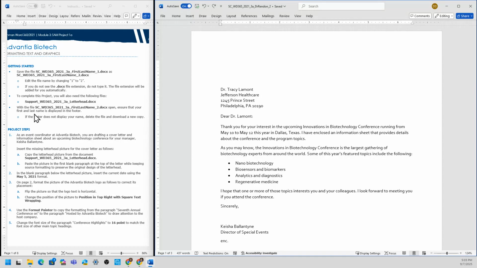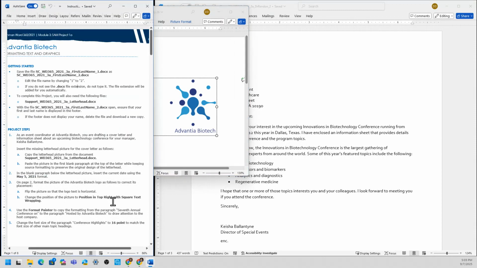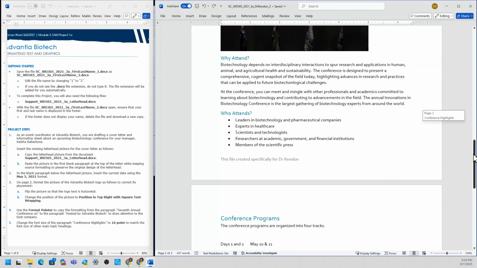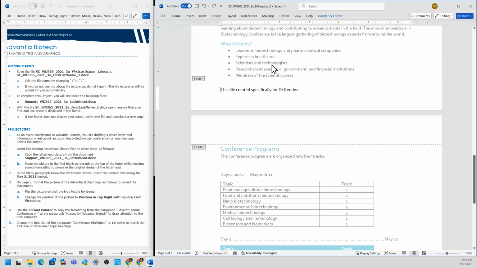The third file that you have downloaded is the support file, which is a letterhead, and I have a sample here. My start file should have a footer which shows my first name and last name, and you should have the same.